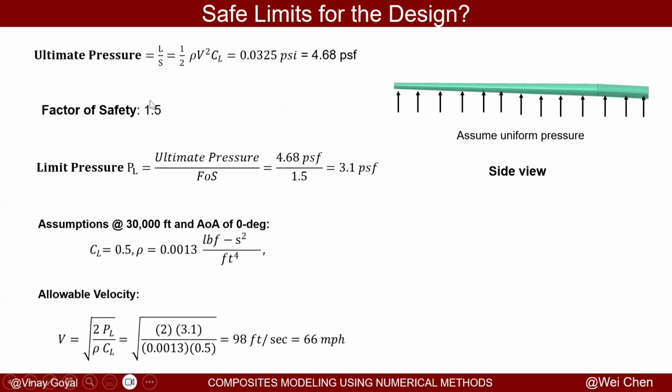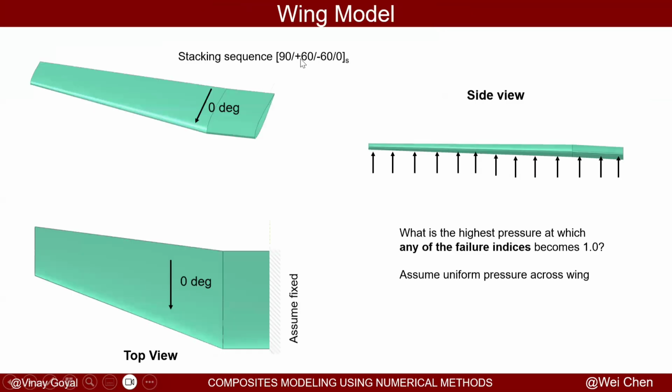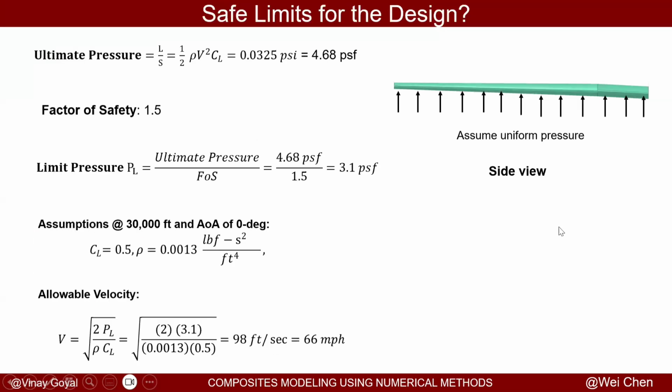Well, thank you, Mr. Wei. As you saw in the video, the ultimate pressure was calculated as 0.0325 psi. And that's when the most critical failure index became 1. I'll convert that to pounds